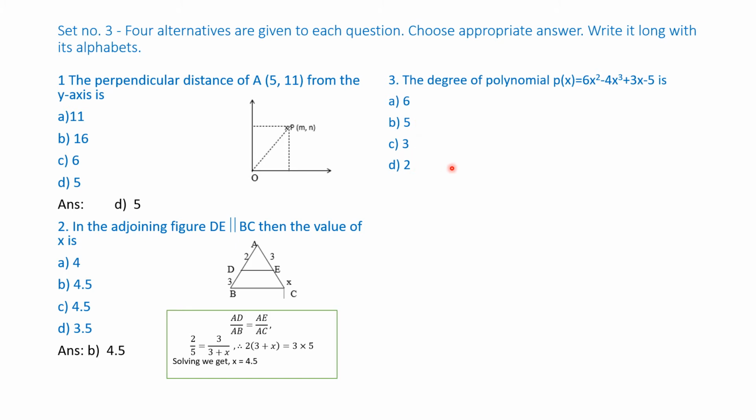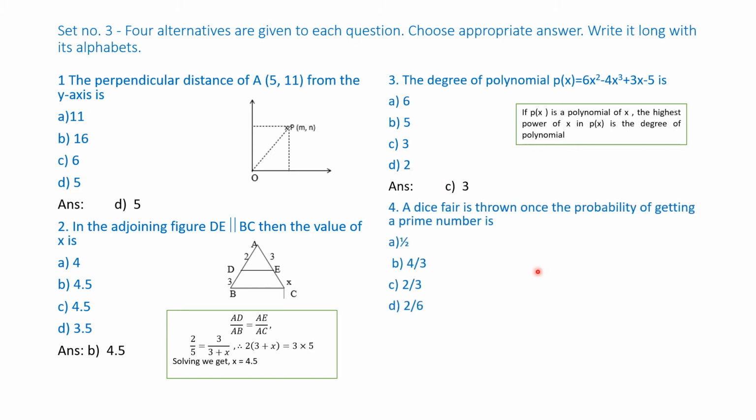So we have to know what is the theory of this. We know by definition of a polynomial, if P(x) is a polynomial of x, the highest power of x in P(x) is the degree of the polynomial. Highest power of x. Please note, I underline. So, what is the highest power? This is x square, this is x square. x square is not the highest power. The highest power here is x cube. Therefore, the degree is 3. Our answer should be 3.